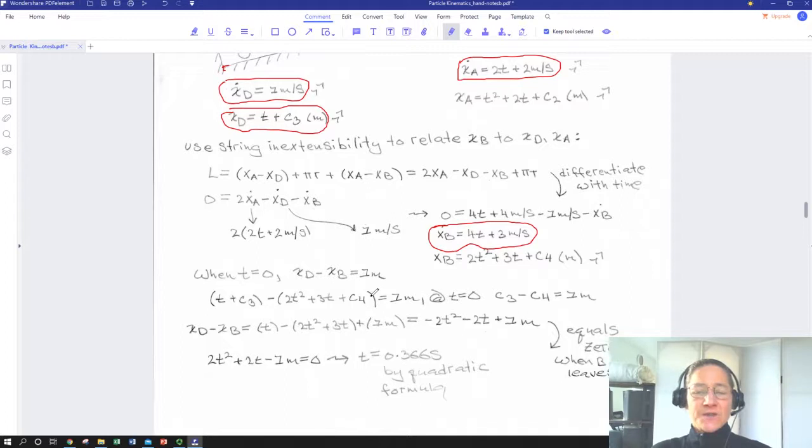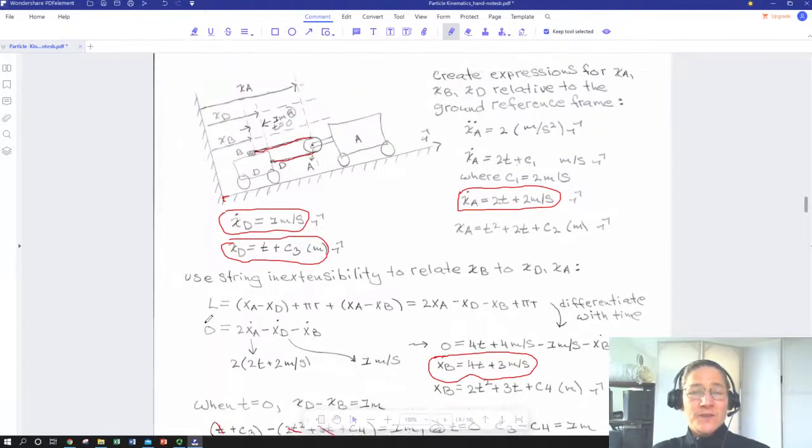And if t equals 0, that difference is 1 meter. Well, when t equals 0, everything goes to 0 except the constants. So that gives us C3 minus C4 equals 1 meter. So we can add that in to our expression, and we can get an explicit expression for the relative positions